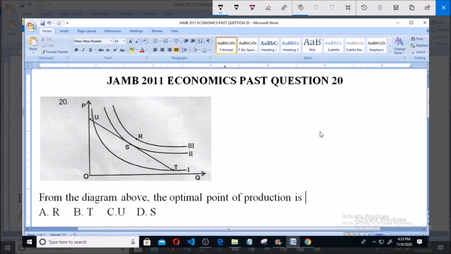To JAMB 2011 Economics past question, question number 20. We're given a diagram that has a P, an L, X, T, 1, 2, and 3. And they say, from the diagram above, the optimal point of production is